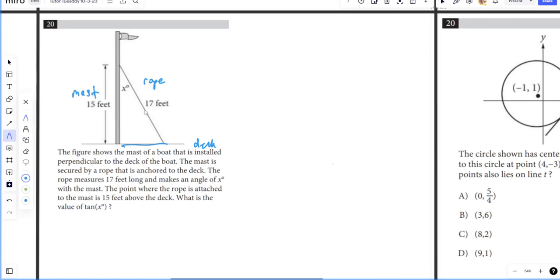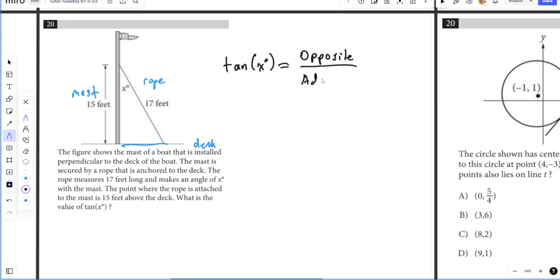The rope measures 17 feet long and makes an angle of x degrees with the mast. The point where the rope is attached to the mast is 15 feet above the deck. Yeah, that all checks out to the figure. They've actually labeled pretty much everything for us. What is the value of tangent of x degrees? Tangent. I see 66 has got an answer already. And the answer is tangent of x degrees is equal to the opposite side